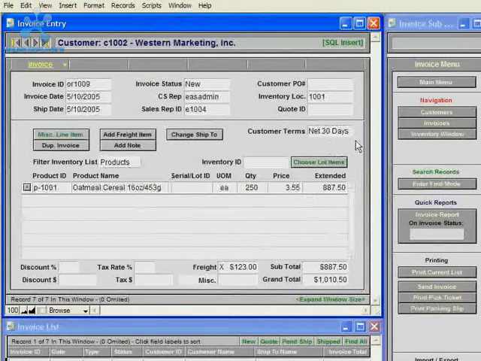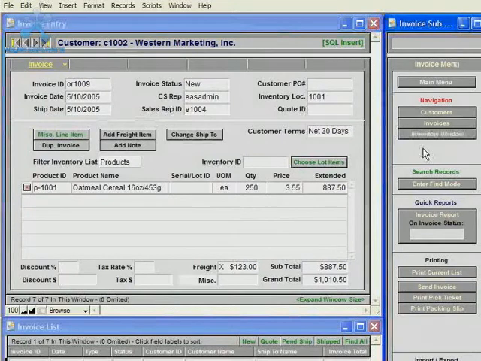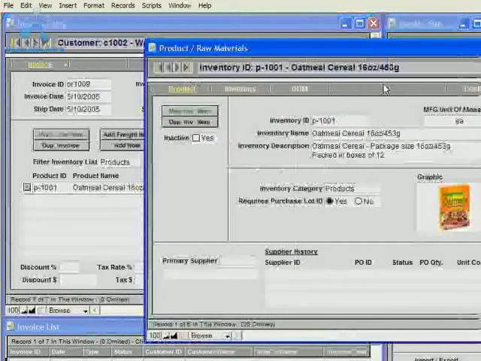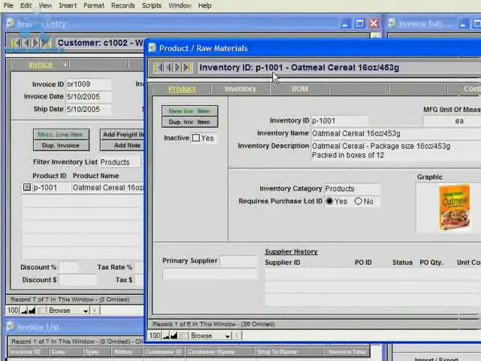That's because of the price breaks that are set on the inventory record. So right now we'll navigate to the inventory module to take a look at some of the settings that can be made, and you can do a quick navigation to the inventory module by clicking the inventory window from the submenu. And when you click the inventory window, it'll go right to the correct inventory record. So it went right to P101 because that was the last record I was on in the last line item I was on. And then I'll click over to the